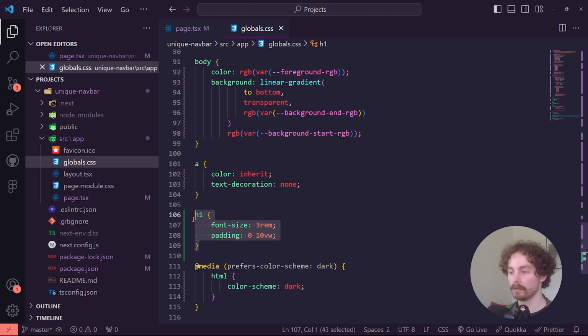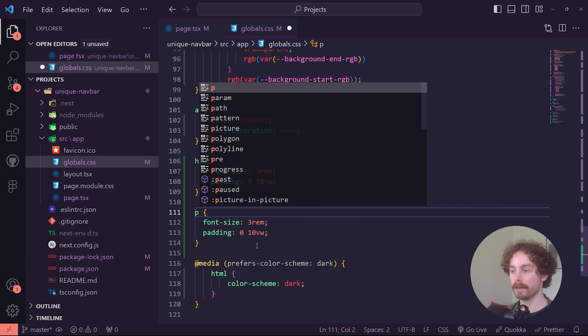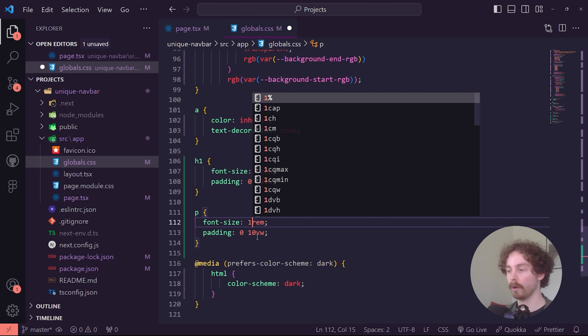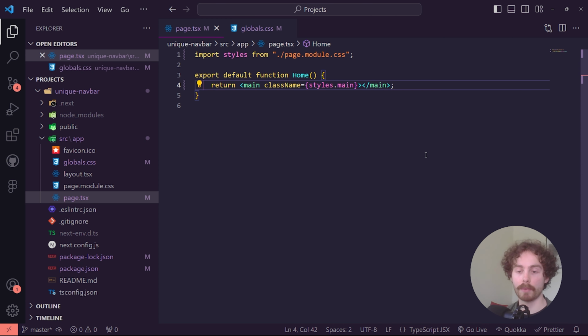Save that. Just copy this and paste it underneath. But instead of doing H1, change it to a P tag, change the font size to 1 rem, and keep the padding the exact same. Awesome. And then once you've done that, we can come back into page.tsx and we can build out a very